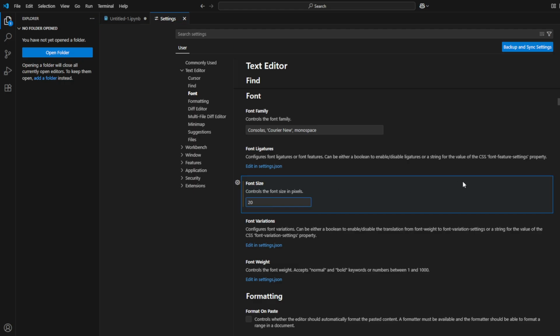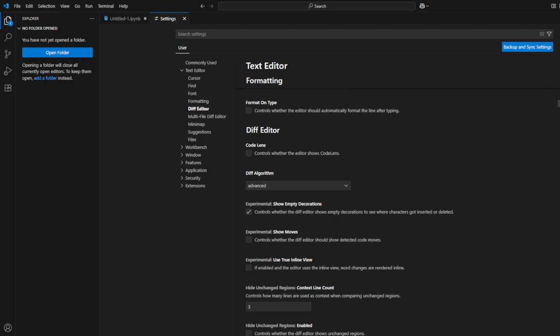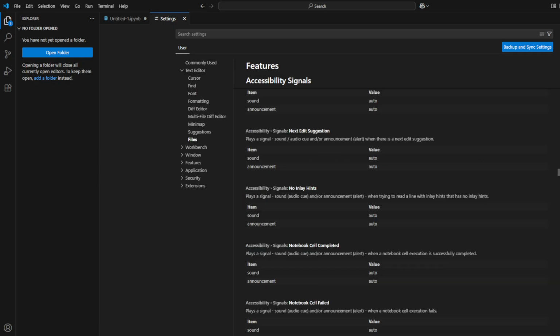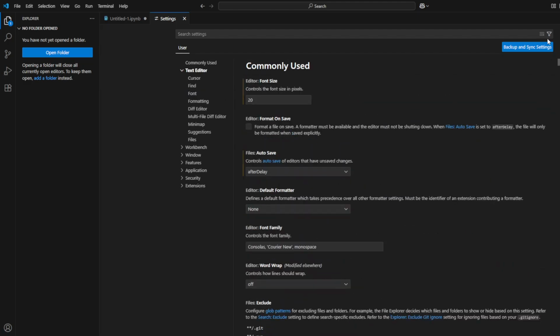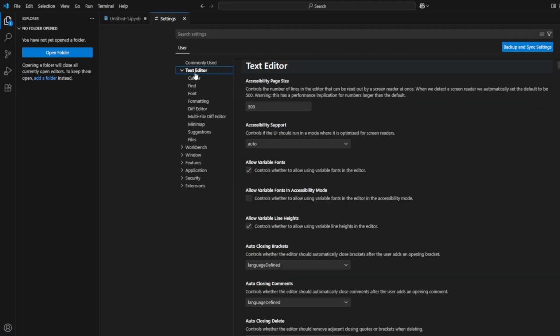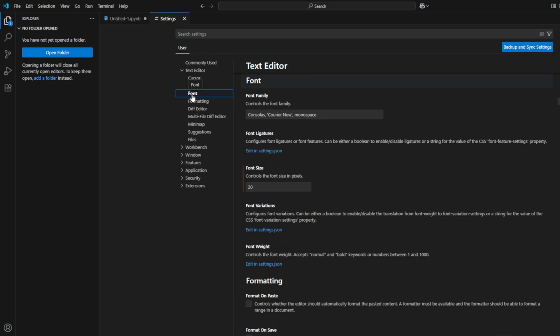As soon as you change this value, Visual Studio Code will typically update the editor font size right away, so you can see the effect immediately. Take a moment to glance back at your open files and confirm that the text size feels comfortable. You can always return to the font size field and tweak the number up or down until it looks just right for you. Once you're happy with the result, you're done. You've successfully changed the font size in Visual Studio Code, making your coding environment better suited